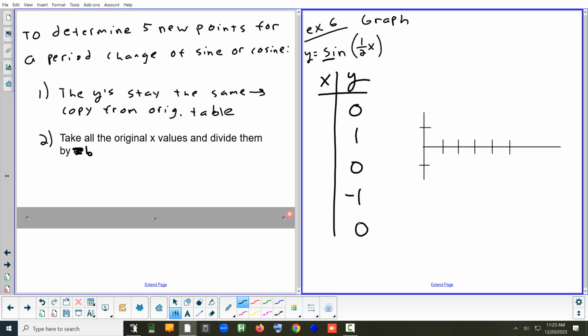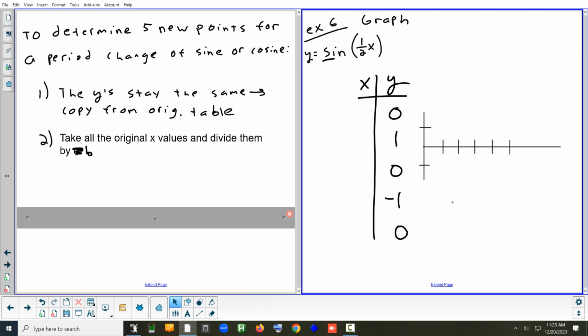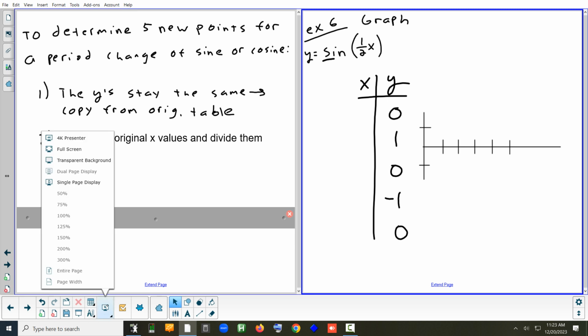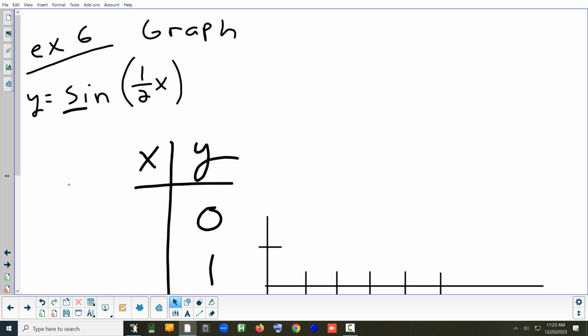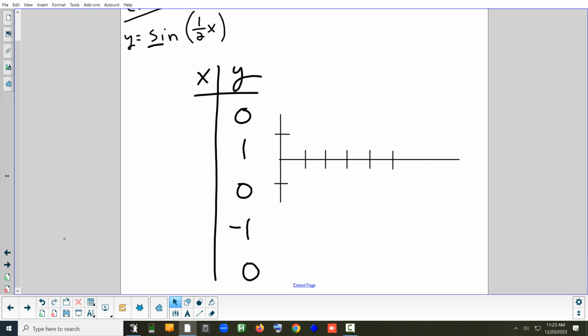Perfect. I need a little bit more space. What are my original x values for sine? 0, pi over